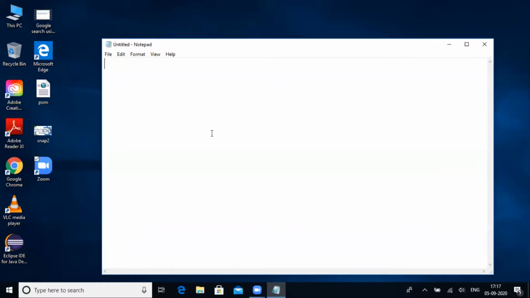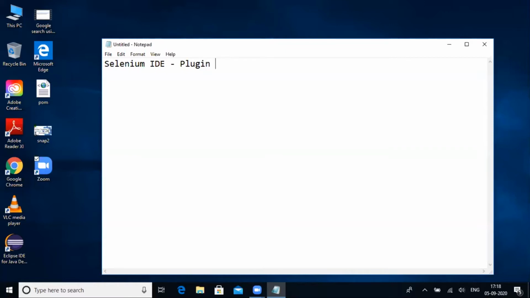Let us start with the first version of Selenium, which is very familiar to us. We call it Selenium IDE, Integrated Development Environment. This is the first version of Selenium that evolved, and it was available in the form of a plugin.